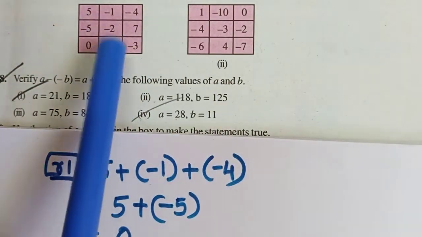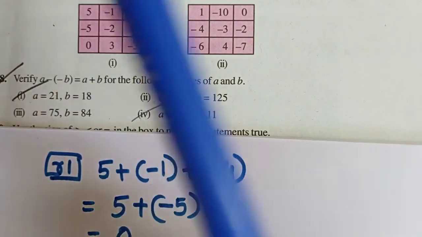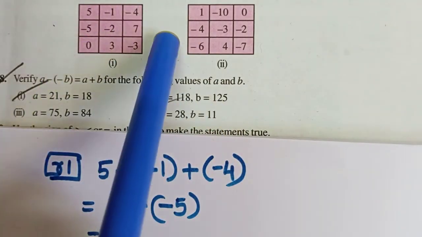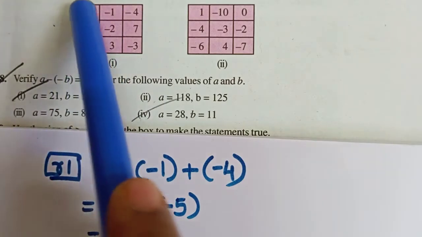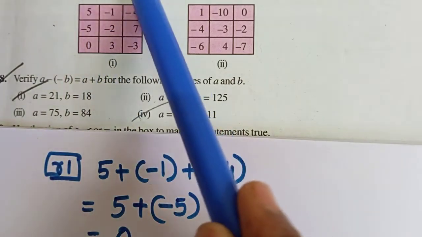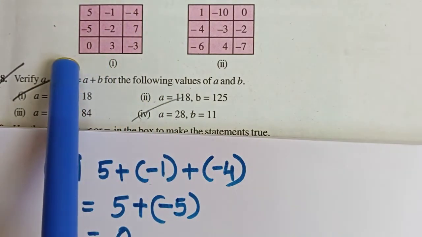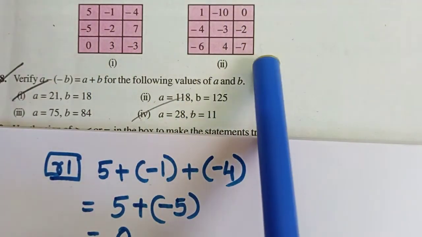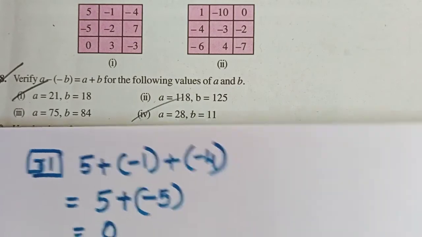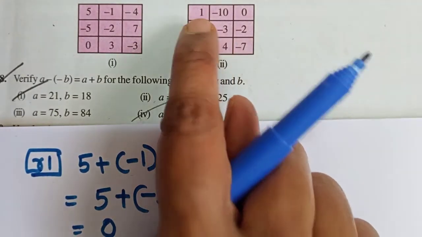This diagonal addition is giving you minus 6 but not 0. So can I say this as a magic square? No. Even though all the rows are giving you the answer 0, all the columns are giving you the answer 0, this diagonal is also giving 0, but this diagonal, it's not giving an answer as 0 but as minus 6. So this is not a magic square. Let us check with the second square given. Let us try to do orally.